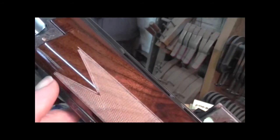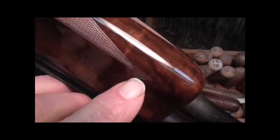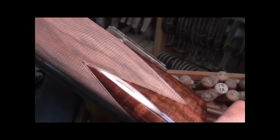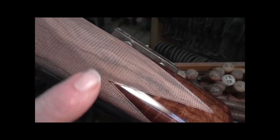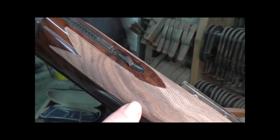So all these points here, all the way around, all of them will have to be extended. See how this is not completely extended out there? I'll have to extend all those points, and you can't really see that from the distance, but the checkering itself is finished. And then I'll put some stain in that here in a few minutes,